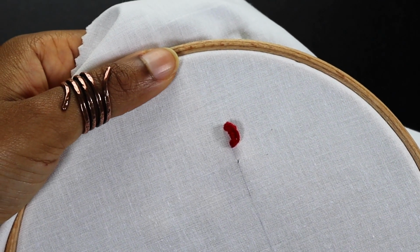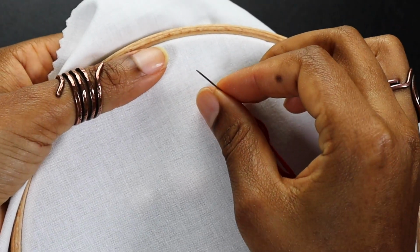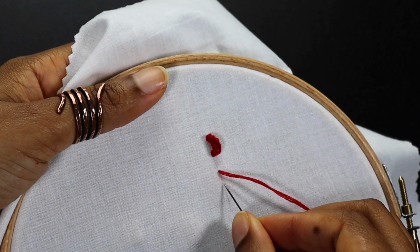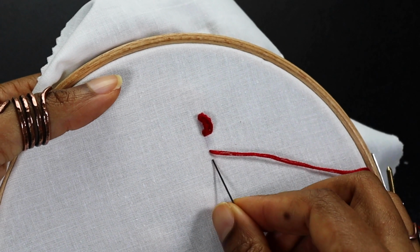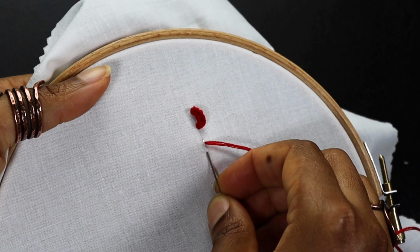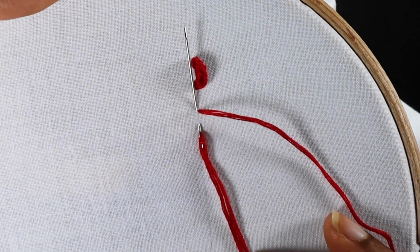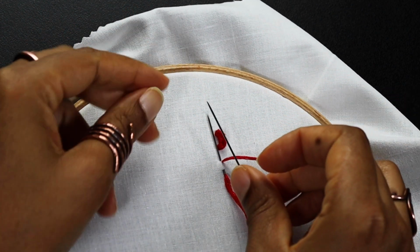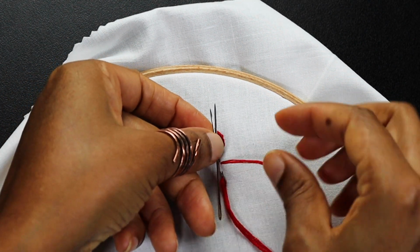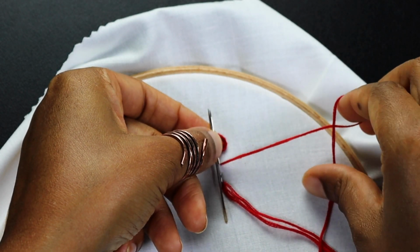So I'm going to do it another time. So we come up through our fabric, back down, and this time actually let's do more loops but a shorter distance. So coming up through. Okay, we now need to bring in our extra needle and do our loops. So we go cross,